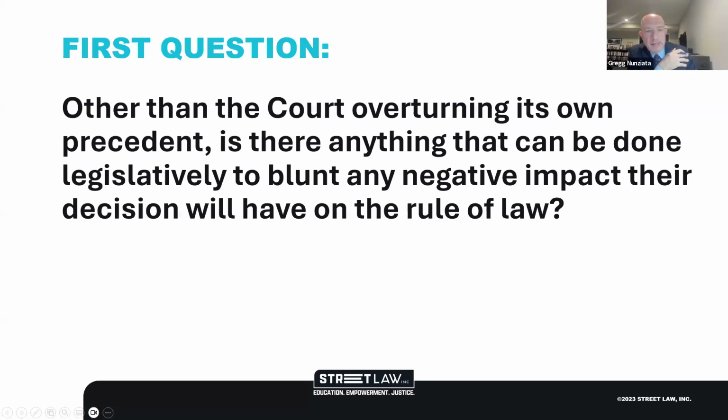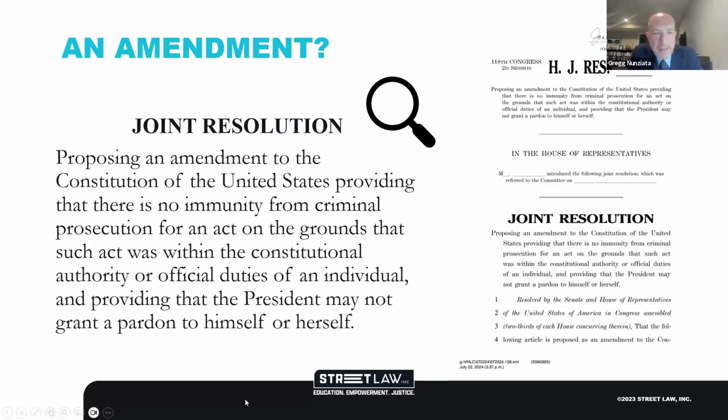Yeah, I think there's obviously the possibility of a constitutional amendment, as we talked about before. But in terms of narrower things, you can imagine Congress working to define what's an official act, defining throughout the U.S. Code what might be an official or non-official act of the president. Interesting that I mentioned one of the more controversial parts of the opinion is the limitation on using evidence of official acts to prosecute otherwise prosecutable crimes.